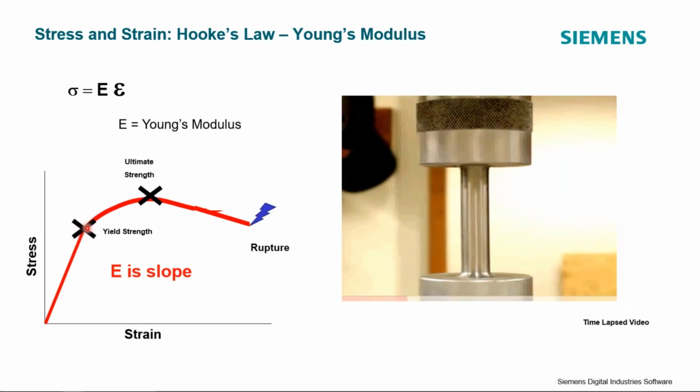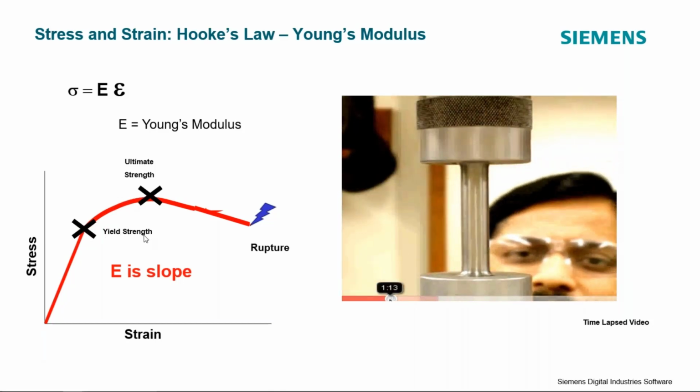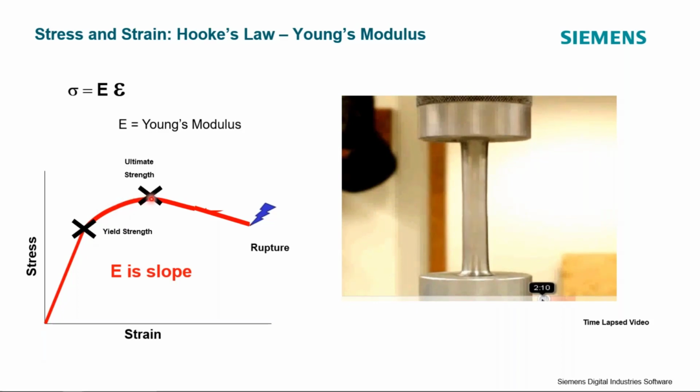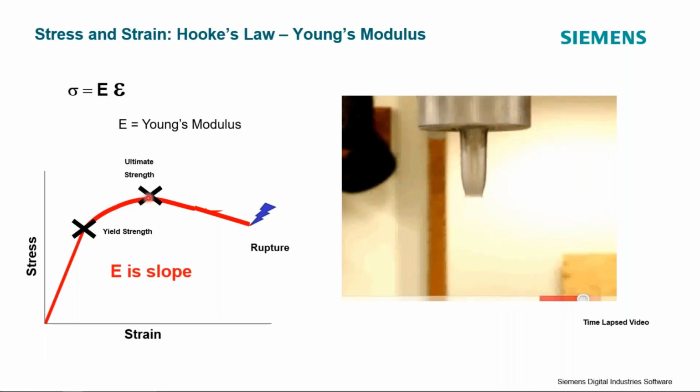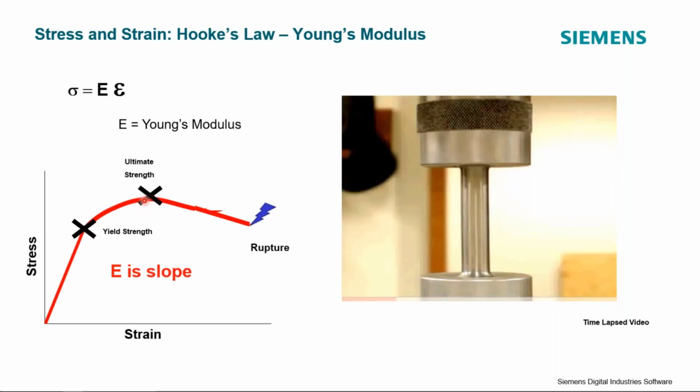After a certain amount of stress is applied to the part, this relationship no longer holds true, and we call this point the yield strength. And after the yield strength, the relationship between stress and strain is nonlinear, and so we see kind of a curved line here. We eventually get to the ultimate tensile strength of the material. Afterwards, the specimen begins to fail. So as the strain increases, we see the stress lower until we fracture the material.